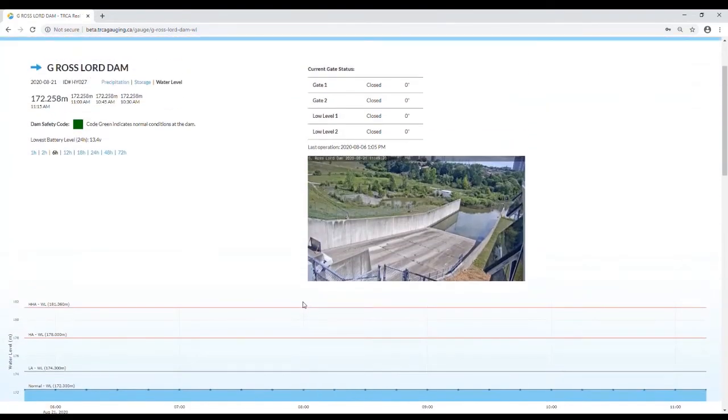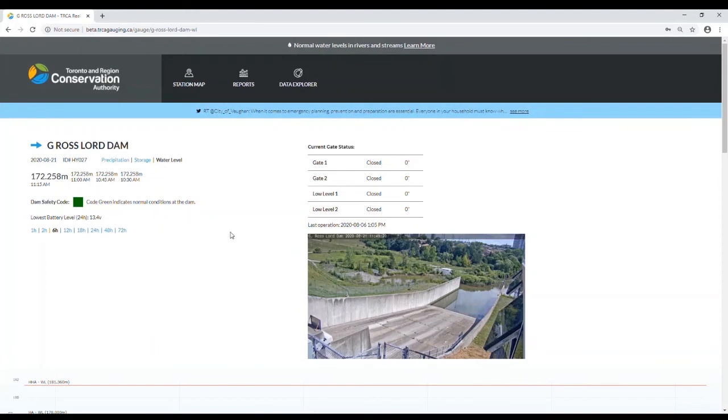Up at the top, you will also get a dam safety code display for dam locations, which provides a quick visual reference for TRCA staff for the current conditions or special status of the dam. Dam safety codes were adopted by TRCA from the Ontario Power Generation's Dam Safety Code System.